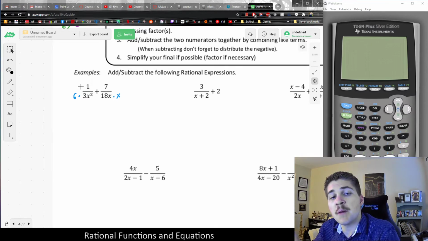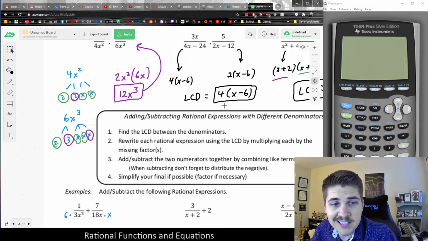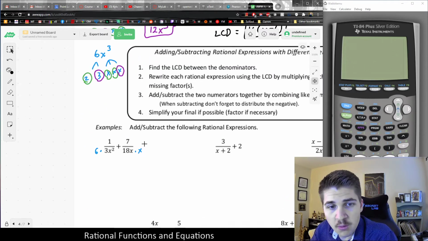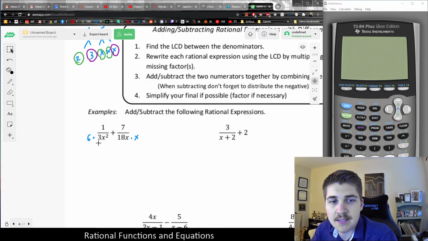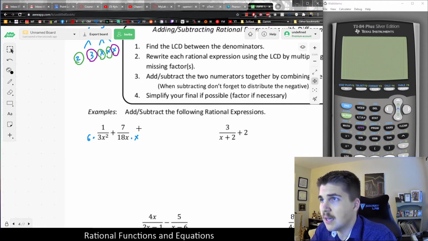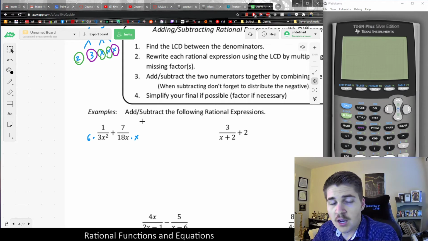So sometimes you might be able to figure out the LCD without doing what I did before, but I wanted to explain the process for those of you who have a little bit of trouble with identifying the LCD in each of these cases. But there's usually some shortcuts, you don't have to do the elaborate process I was explaining every time. And of course, because of how fractions work, when we multiply into the denominator to match up those denominators,